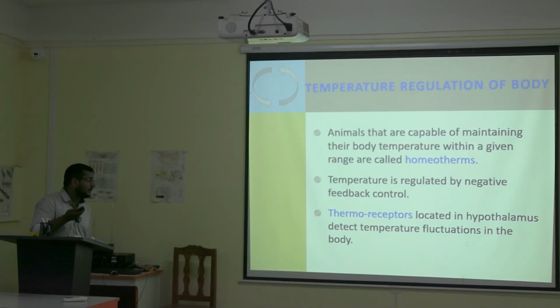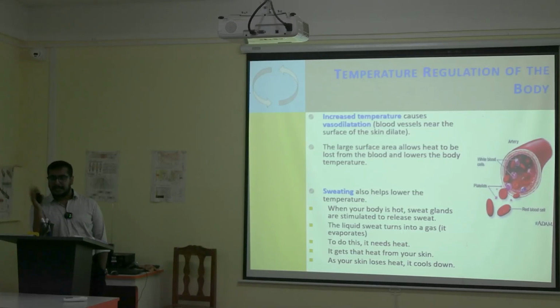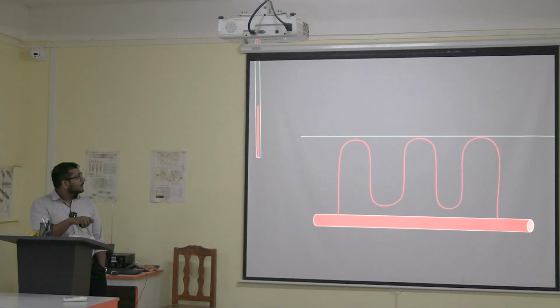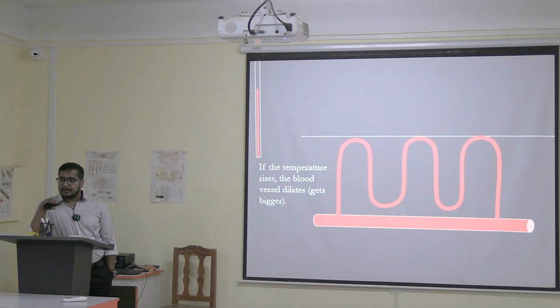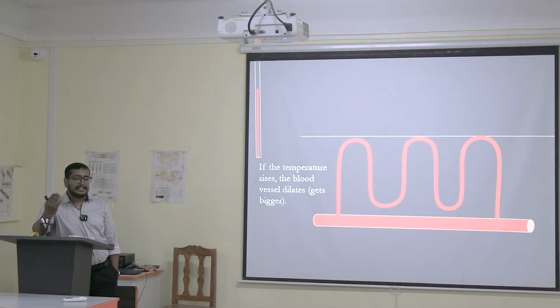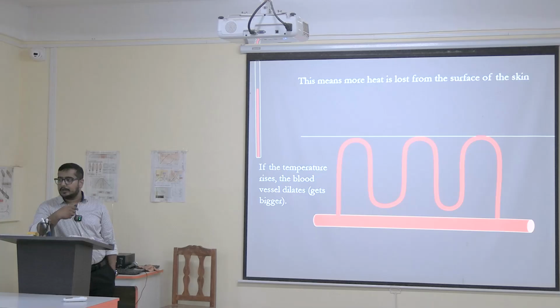Now the temperature regulation. Imagine the surrounding temperature rises. What does your body do? As the temperature has risen, it causes dilatation of the capillaries near your skin. So more heat is dispersed into the environment, and we have a cooling sensation in the body. Though the outer environment temperature increases, the inner temperature remains cool.